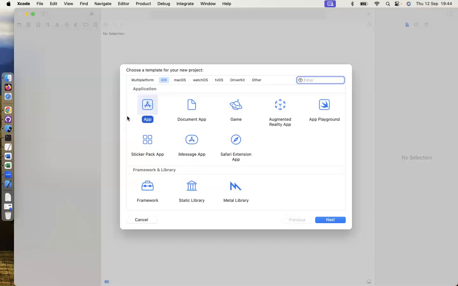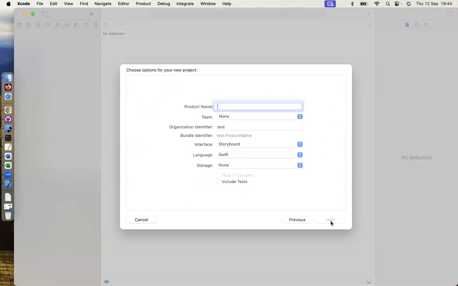Just for understanding purposes, I am creating one application. Previously we discussed the programming language. We can use Swift and Objective-C. Some people use Objective-C, they can use it, or if you want to choose Swift, the language is Swift.